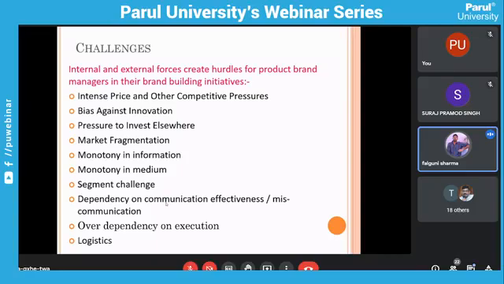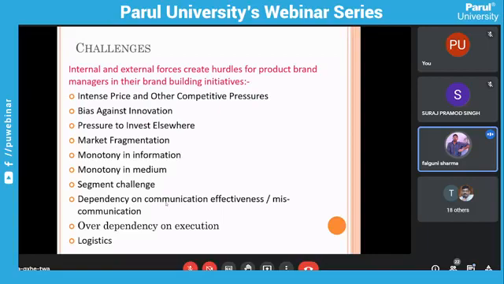Then, pressure to invest elsewhere. If for a particular brand you are not able to do things properly or get the returns, a pressure is automatically created. You have to shift your budget, the financial resources, somewhere else